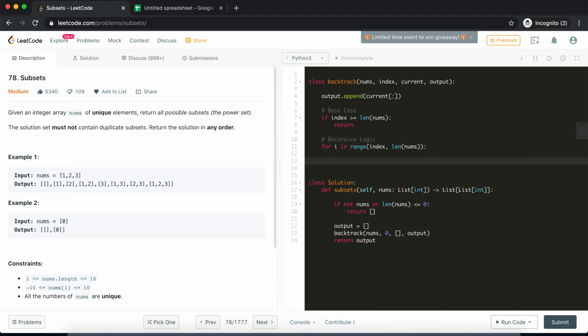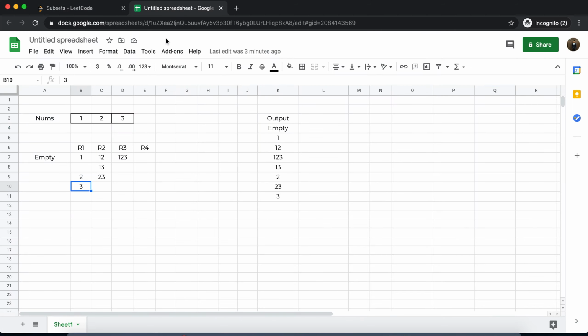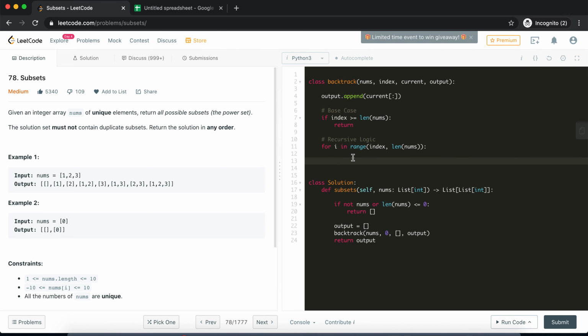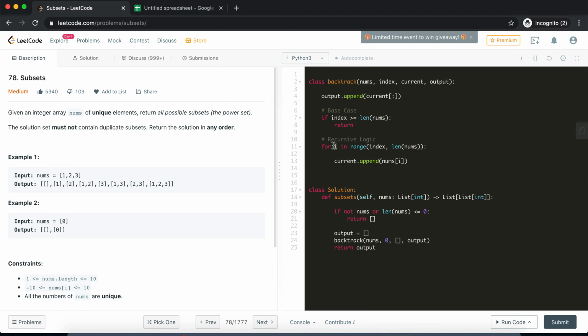Now in every loop, we need to add that particular element. Let's say we are in the first loop, so we'll add 1 to the permutation and pass the control to the next recursive function. So here in this current permutation, I'll add the number that is pointed to by the ith index.